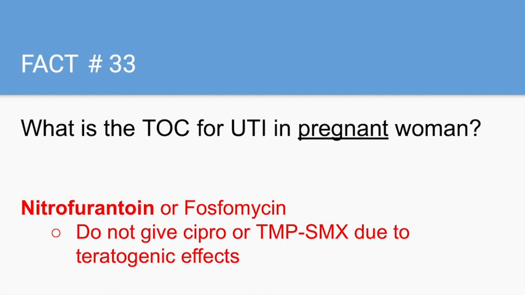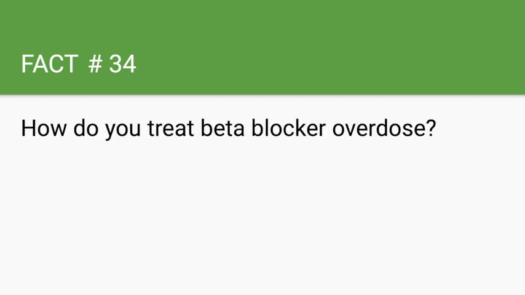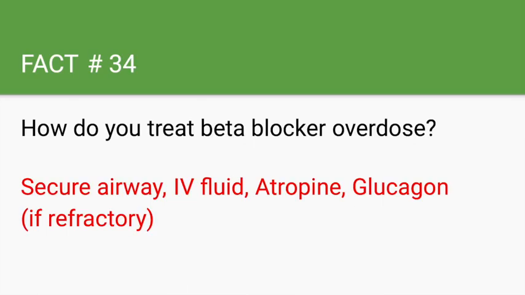How do you treat a patient that presents with clinical features of this condition? Basically, you want to take care of your ABCs. So you want to secure the airway, provide IV fluids, and the first line treatment is with atropine. However, if the patient is refractory to atropine or isn't seeing the clinical improvement, then you can go ahead and